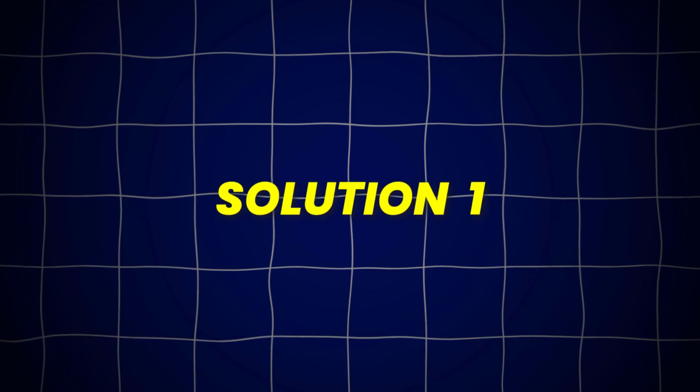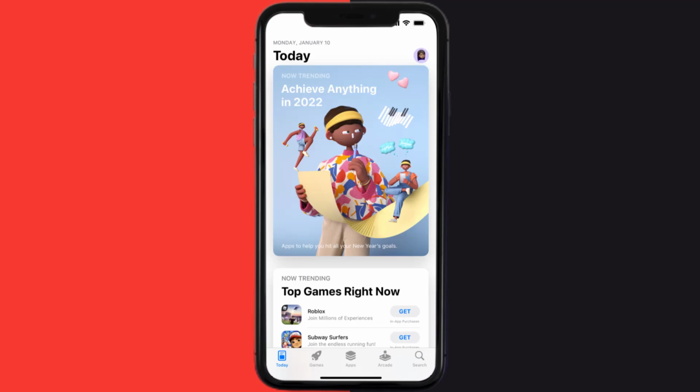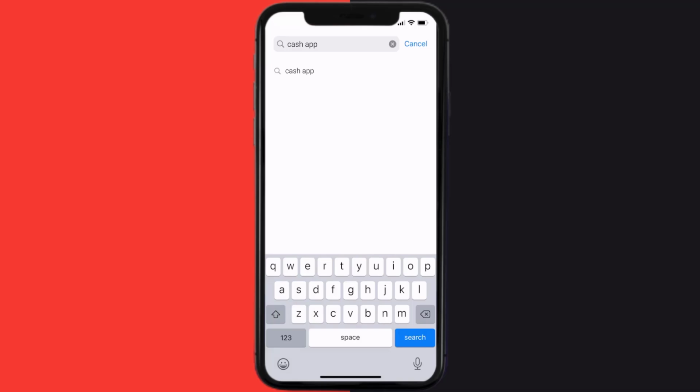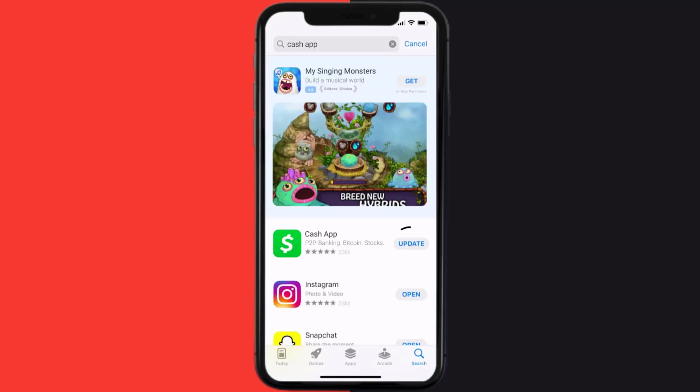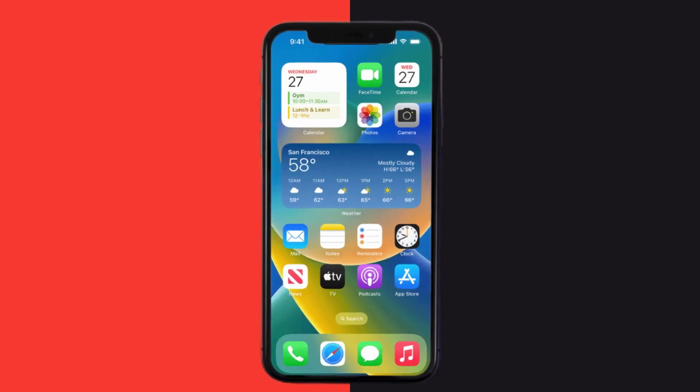up. So first of all, you need to make sure you're running the latest version of the app. Open up App Store on your device, and then tap on this search icon in the bottom right corner. Then search for the Cash App, and if you see this update button right next to the app name, simply tap on it to make sure you're running the latest version of the app. This should fix Cash App account number not showing up, but if it doesn't, then you need to clear App